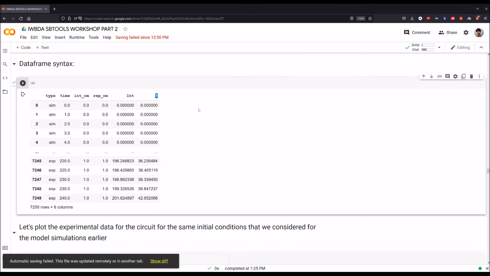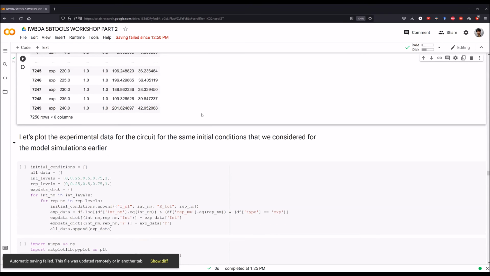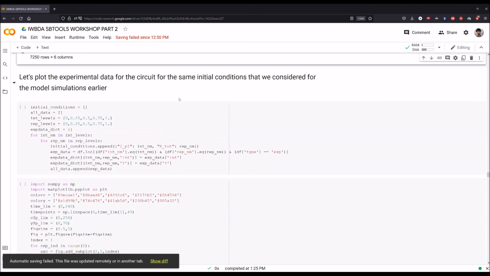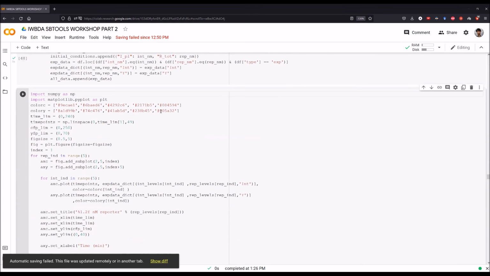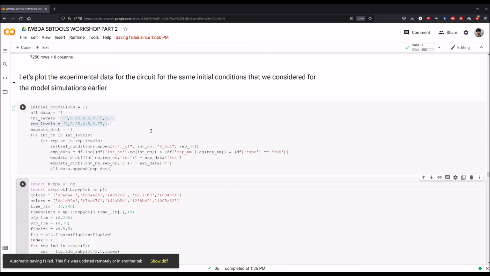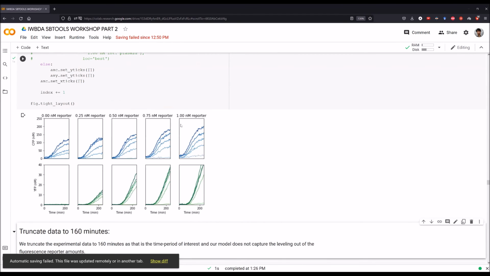So now we will use that experimental data to identify the parameters of this reduced model that we just derived. But before that, let's plot the experimental data that we just loaded in. So for the same initial conditions that we had earlier, this is the experimental data. So just with the initial conditions, I am plotting the data here. So we see that